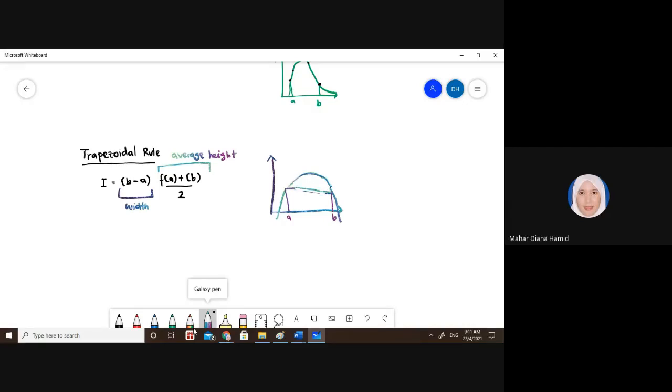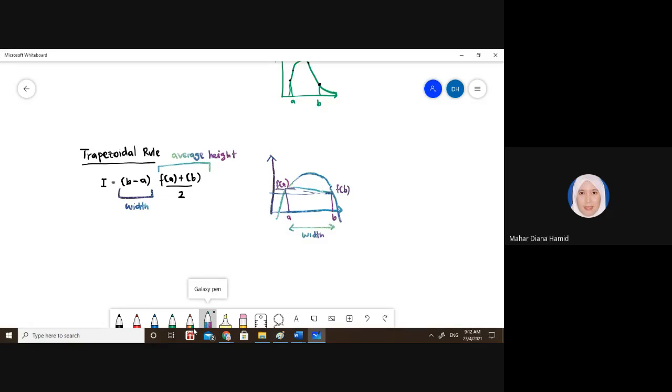This trapezoid here corresponds to width. The area in the trapezoid itself is represented by the width times the average height. So this is FA and this is FB. The average height would be FA plus FB, the height of these two here, divided by 2, because we wanted to have the average height. So this is how we get the